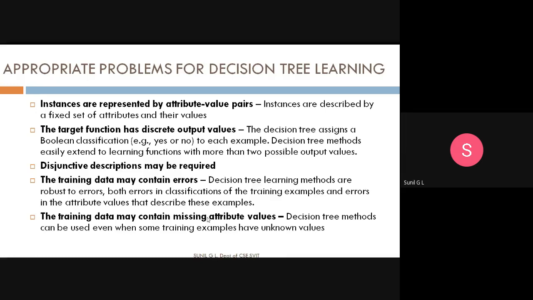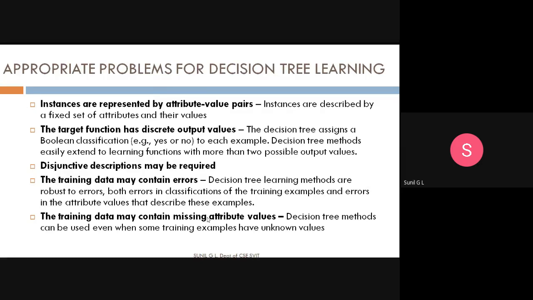So if humidity will have a value, like that, if it is a refund, for that also we will have a value. Instances are described by a fixed set of attributes and their values. Based on those attribute values only, we will construct a decision tree. If we have a huge number of attribute values, then it will be difficult to construct a decision tree.